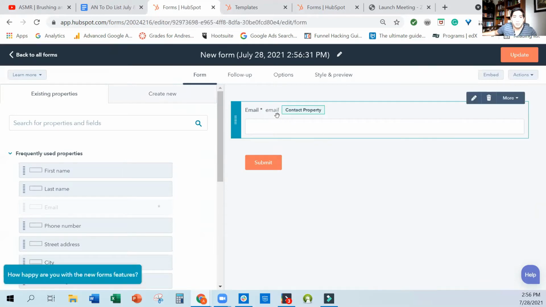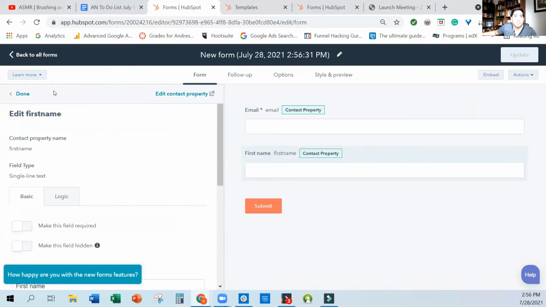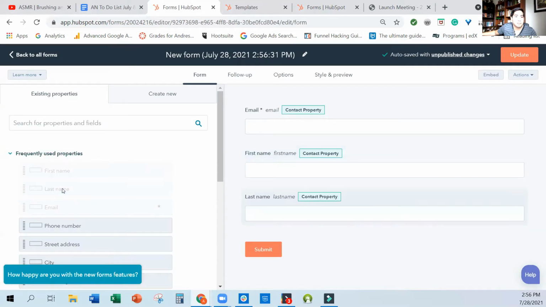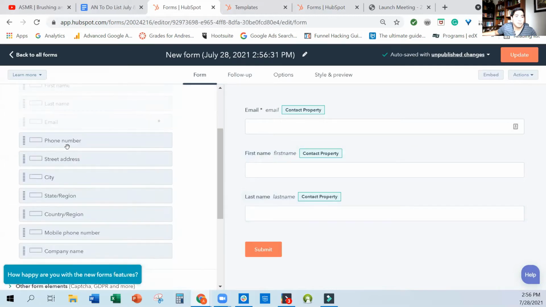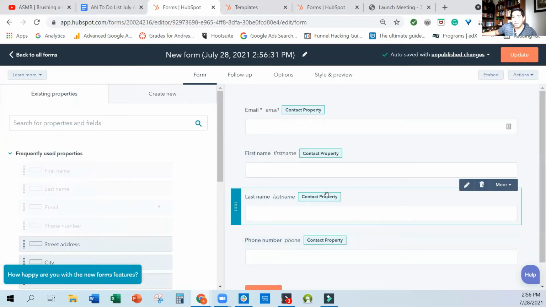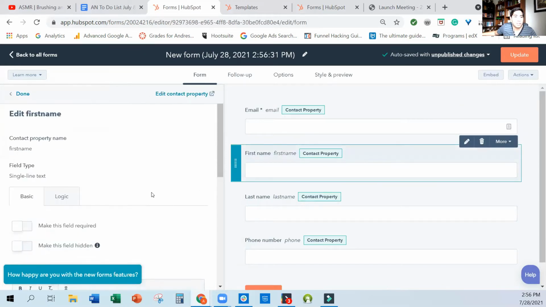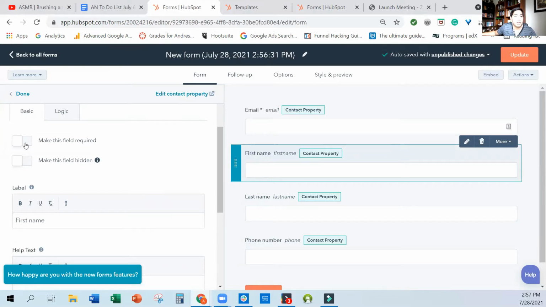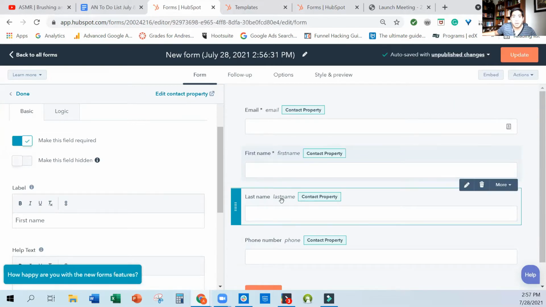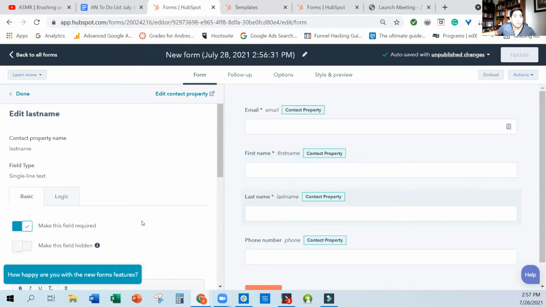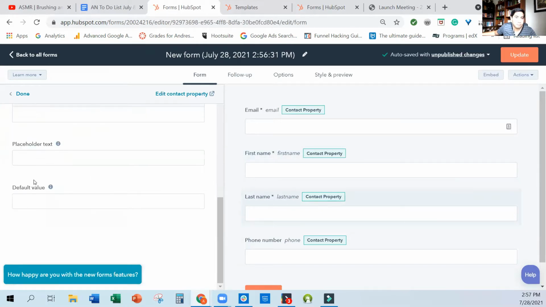So, right now, the only contact property that you got right there is email. We're going to hit first name, last name, phone number, and that's all we're going to do for now. We're just going to create a very basic one. So from here, what I want to make sure also is I want to make sure that whatever I do need is required. So require first name, require last name,